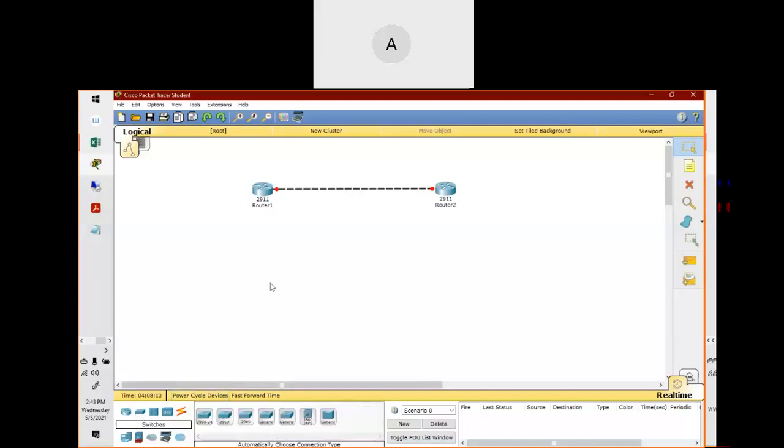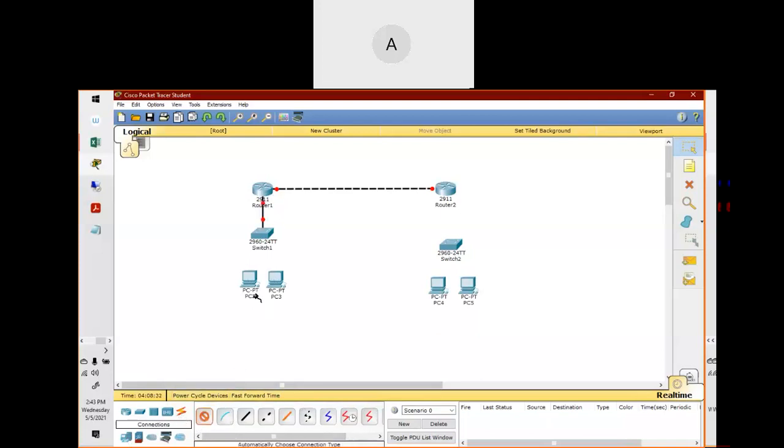So now we have two routers and two switches for LAN purpose. Two PCs in every LAN, each and every LAN, right?